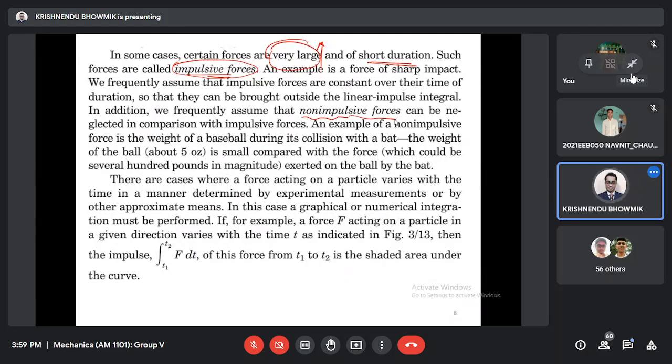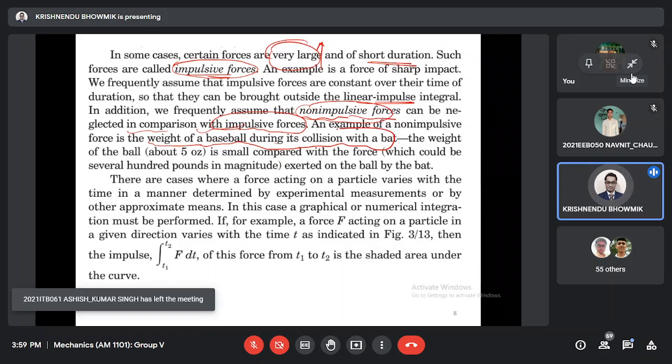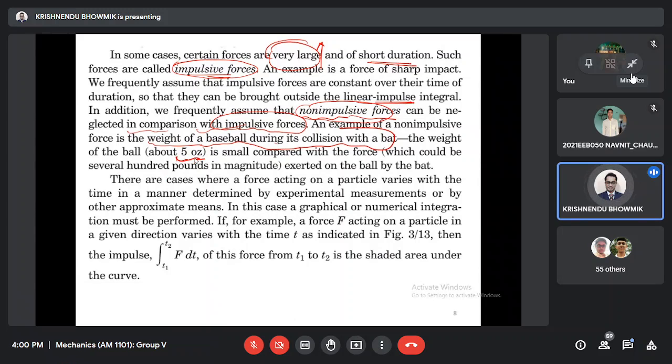we assume this impulsive force is constant over time, and we can bring it outside of the linear impulse integration. And frequently we assume that non-impulsive forces can be neglected because their values are very small compared with the impulsive force. For example, consider the weight of a baseball during collision with a bat, or a racket and ball, 5 ounces. The weight of the ball is much smaller than the force exerted due to the